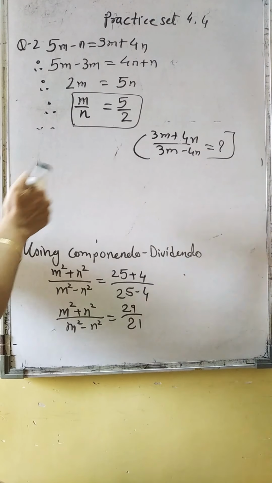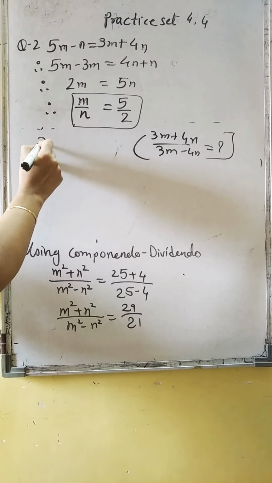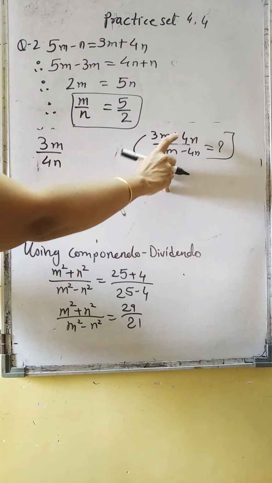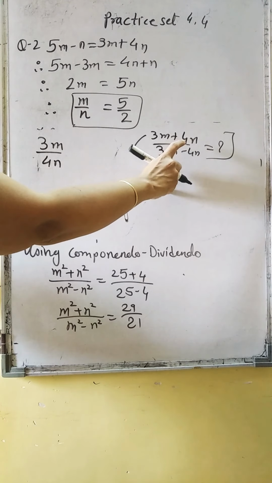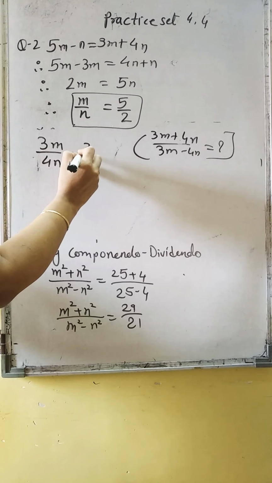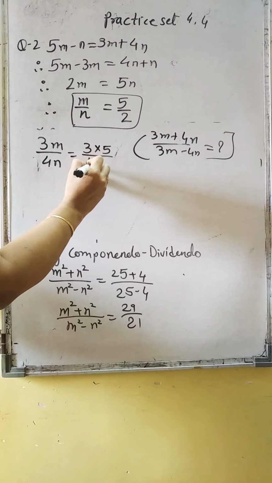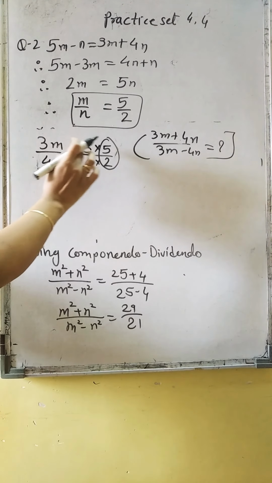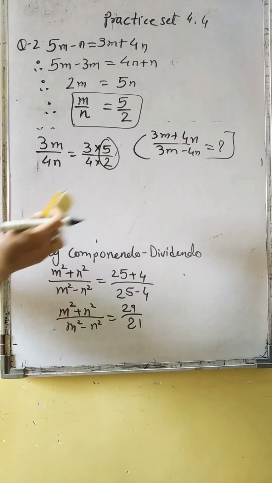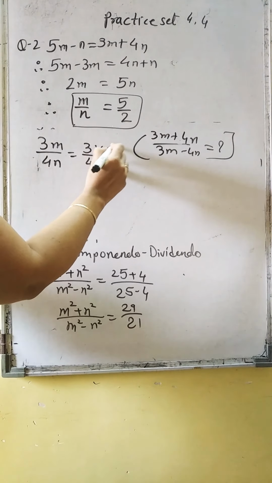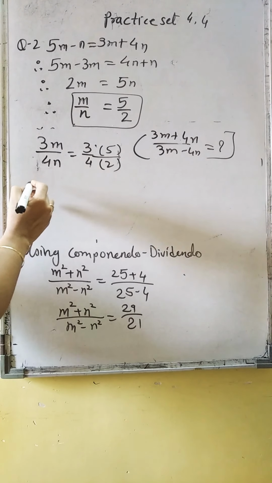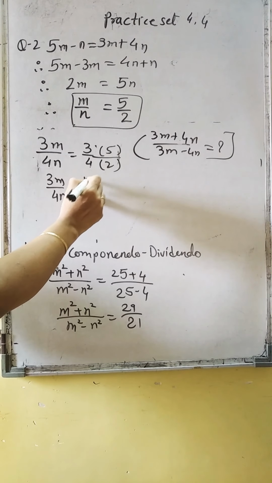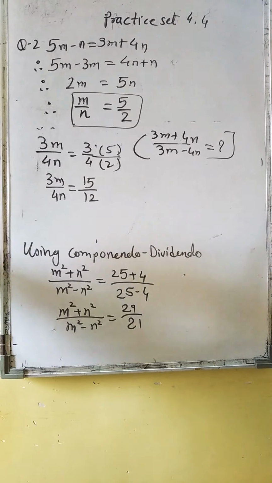So you have m upon n is 5 upon 2. So what is 3m upon 4n? Why have I taken 3m? See the question. With m, 3 number is there and with n, 4 number is there. So again I have to multiply numerator by 3 and denominator by 4. This is the fraction given, and 3 3 and 4 4 came. Clear? Okay. So you will have 3m upon 4n is equal to 5 3s are 15, 4 2s are 8.